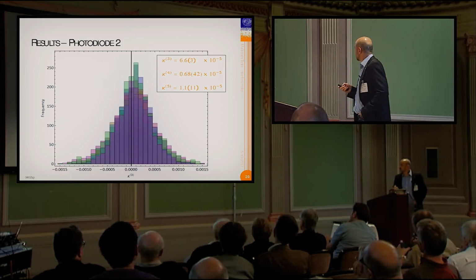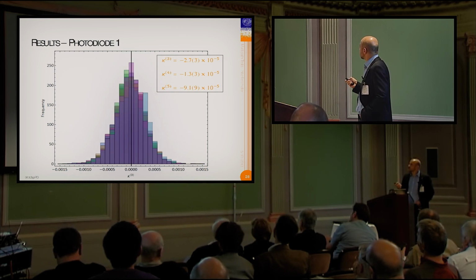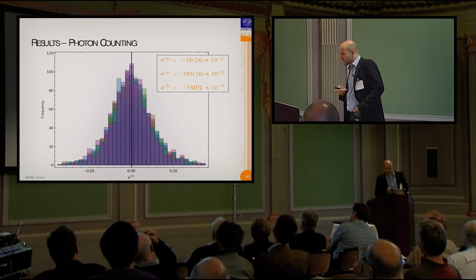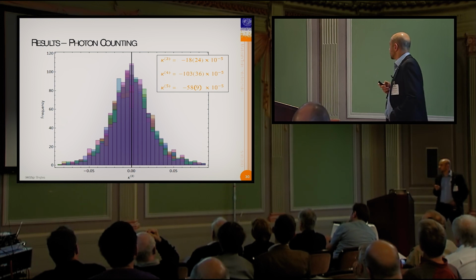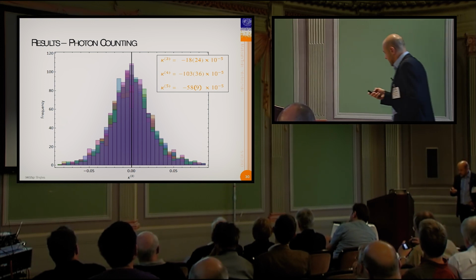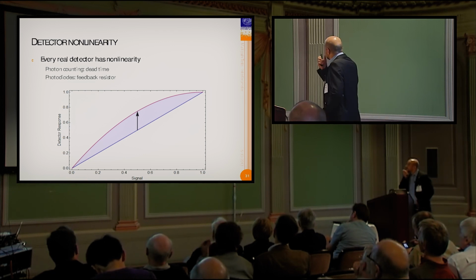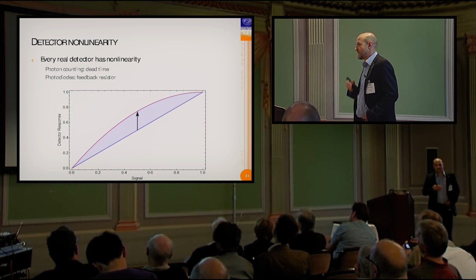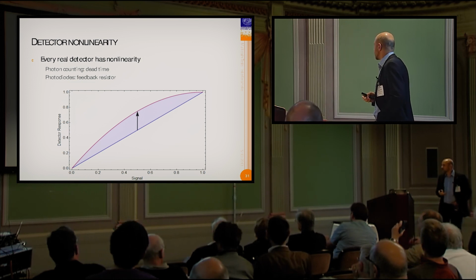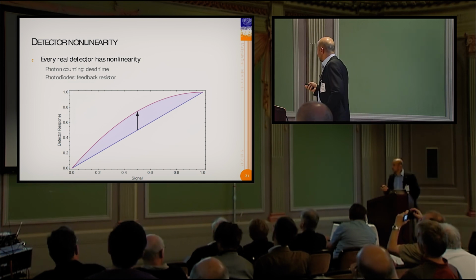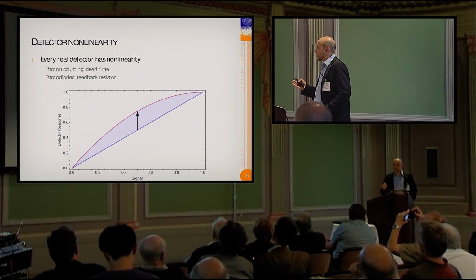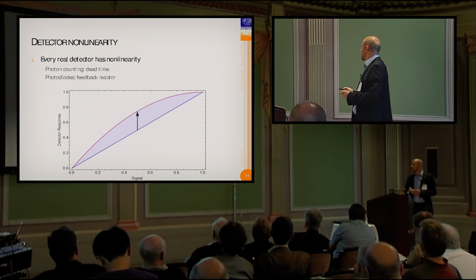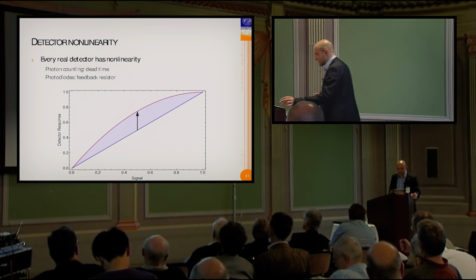But what's the reason? What do we believe is the main reason for this significant non-zero value? There's one systematic effect that we haven't discussed and has very much to do with what Andre was talking about. It's the detector. A real detector is never linear. Okay, as Andre said, it's complicated. There's some ways of creating gain, and in fact, no matter what instrument you use, what transducer, there's an input and an output, and there's a range, and over that range, it may have a certain level of linearity, and the Standards Institute care about this.